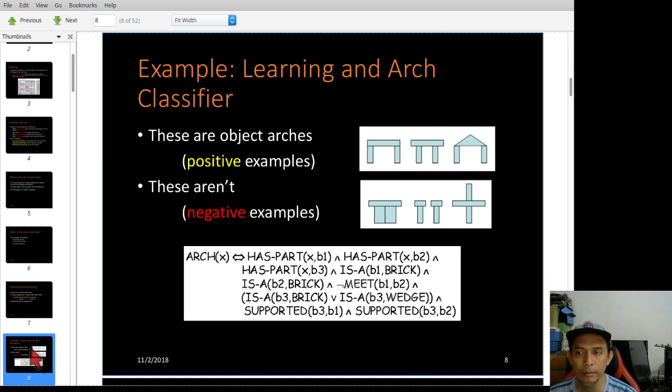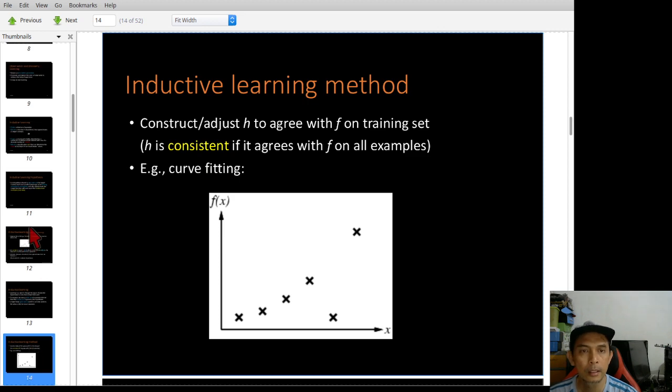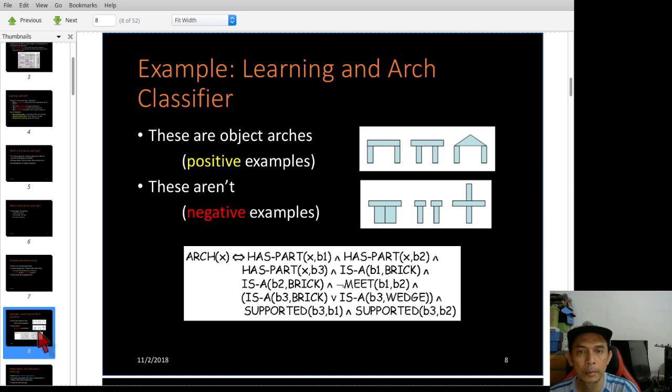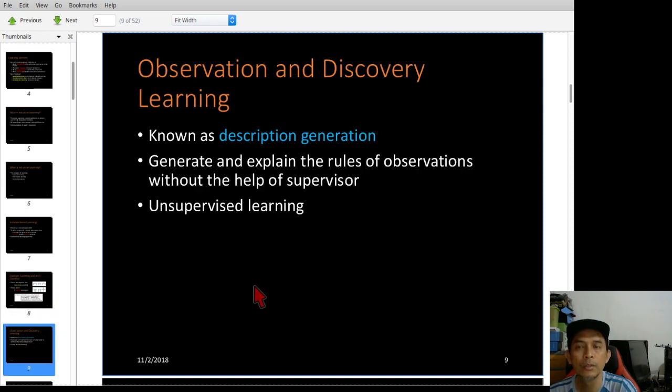Another type of learning is observation and discovery learning.